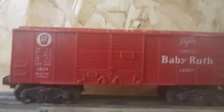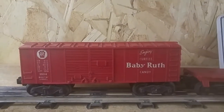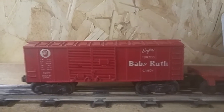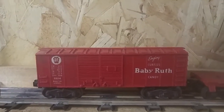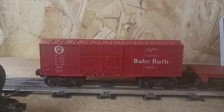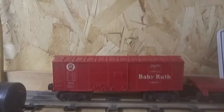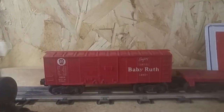Most of them, I think, came from Sears, and all them Allstate sets, or there was all kinds of places that sold trains back then. J.C. Penney's, McCory's, Newberry's, which was same thing as McCory's basically. Two Guys, Zayre's, all those old stores